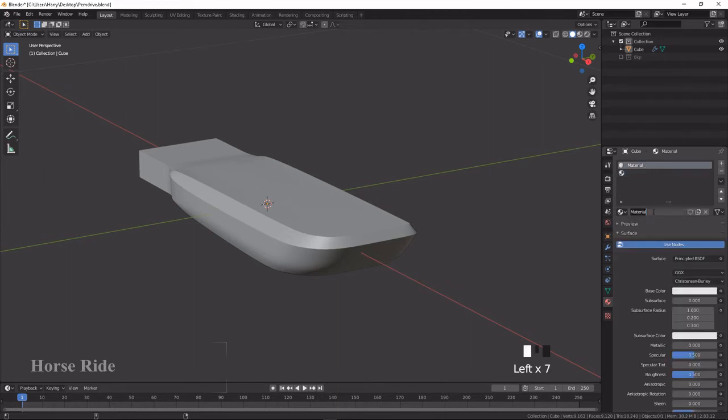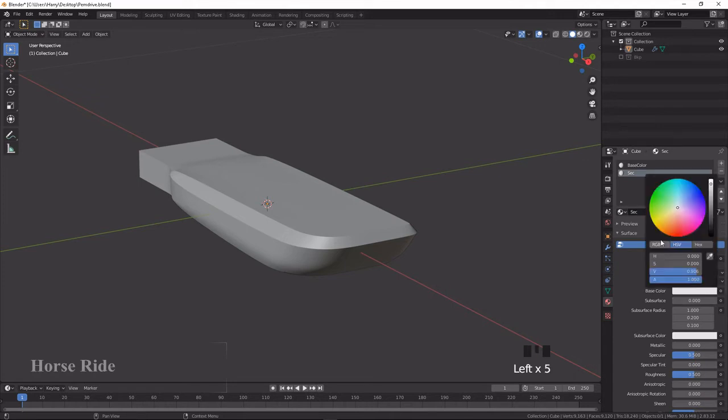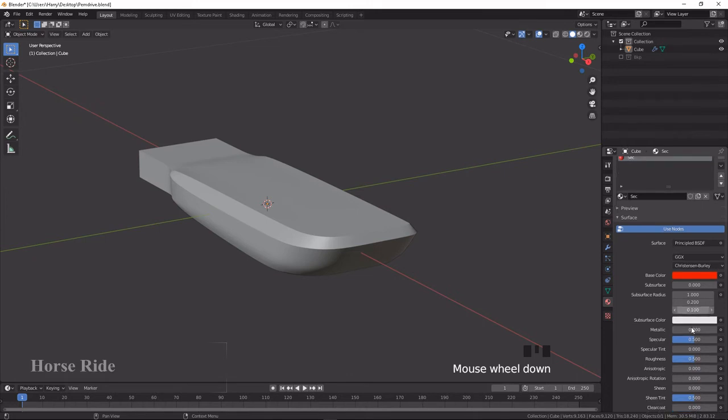Fine. So I'm going to make it the base color, and this is a secondary color. I make it SEC, and this one I am going to give as full red.